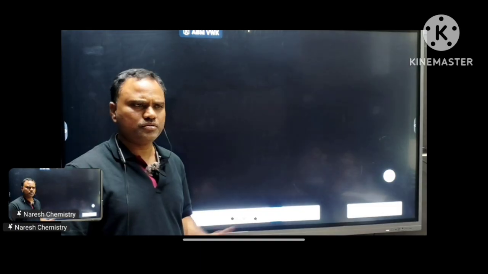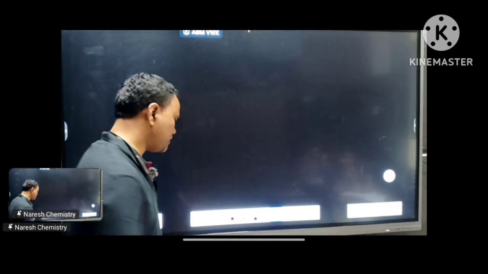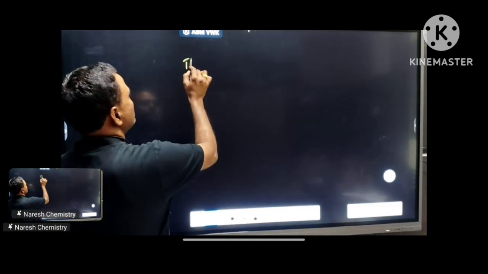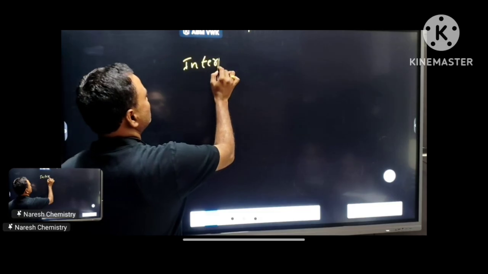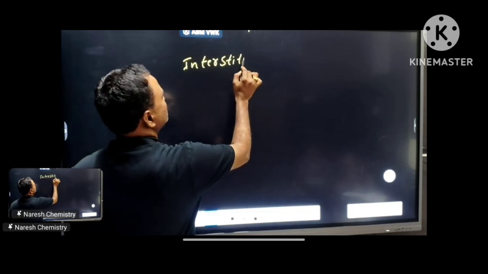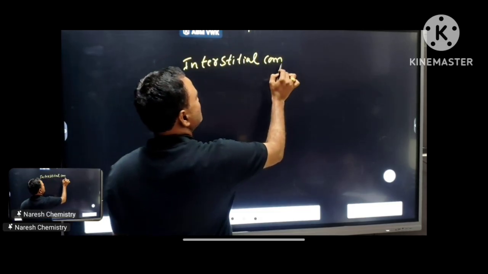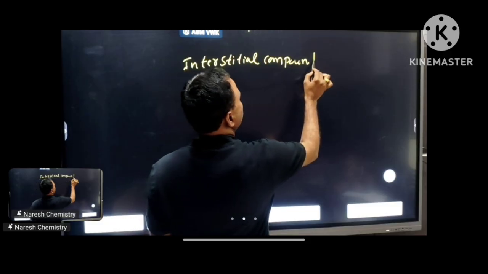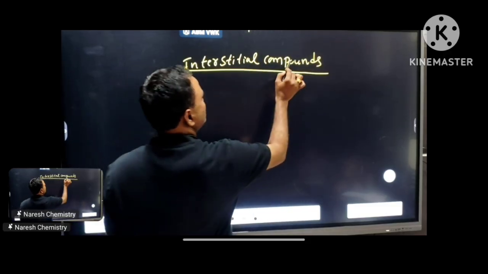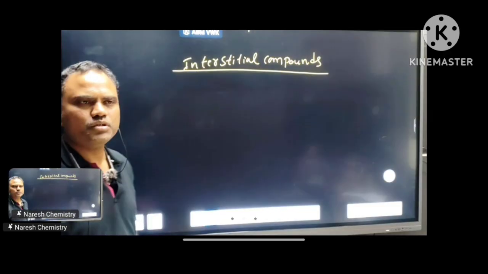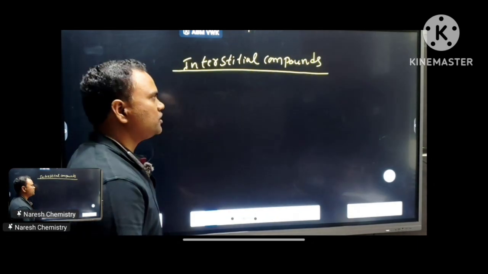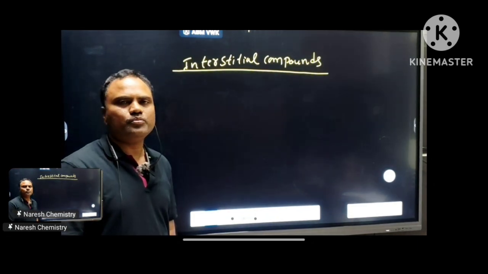Interstitial compounds. Explain that one last. What is the definition of an interstitial compound? D block elements form interstitial compounds. Interstitial compounds are the compounds which are formed by